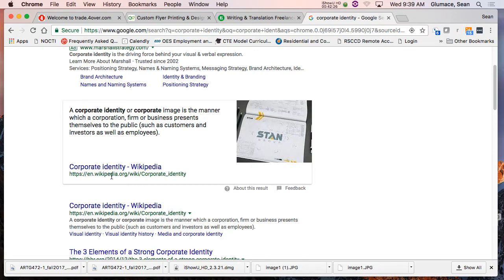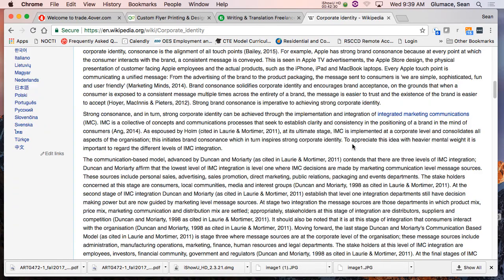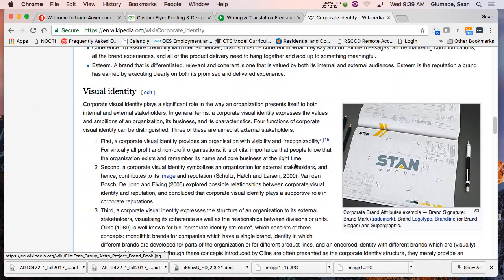Now, if it's a bigger company, then yes, I'm going to say, do you have a corporate identity guide or a visual identity guide? And I'll say, can I get all the files? Do you have it online? Is there a portal? A lot of companies will have a portal. I can log in, download the files I need. It tells me all about it.